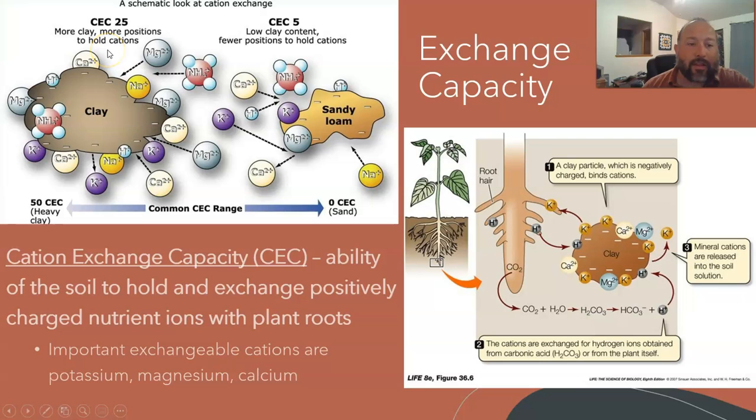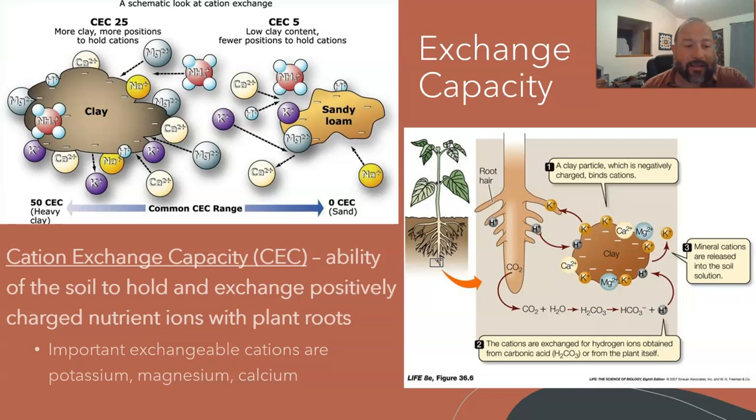Looking at this clay example here in the top right, this has a CEC, a cation exchange capacity, of 25, whereas this sandy loam over here has a cation exchange capacity of 5. One of them has more clay in it. So remember, more clay, more surface area, more positions to hold all these different cations that are being exchanged, whereas this one doesn't have that clay, has less surface area, so it's not going to be able to hold as